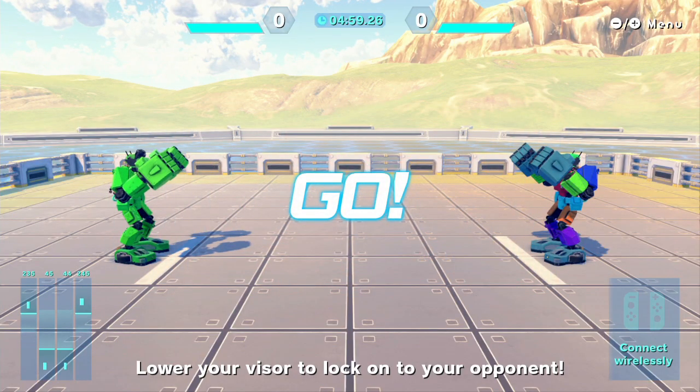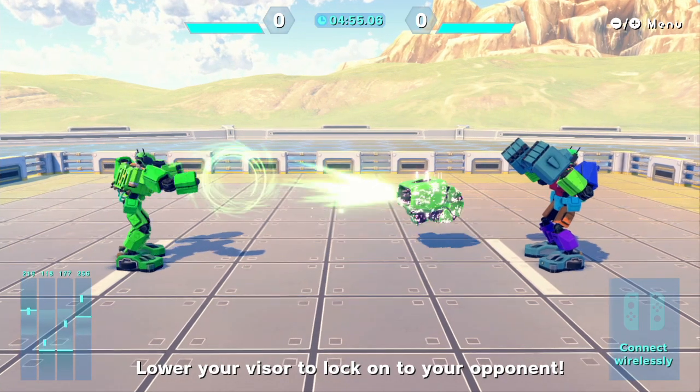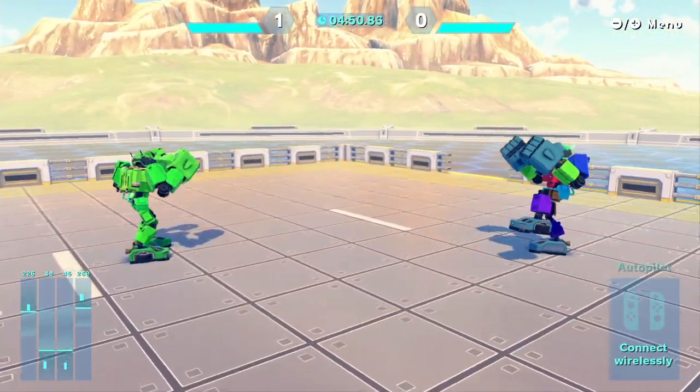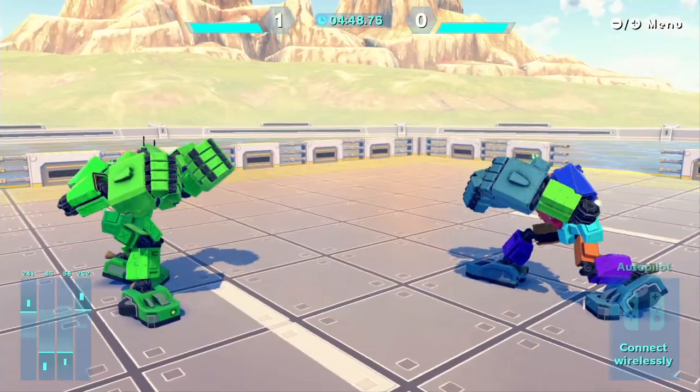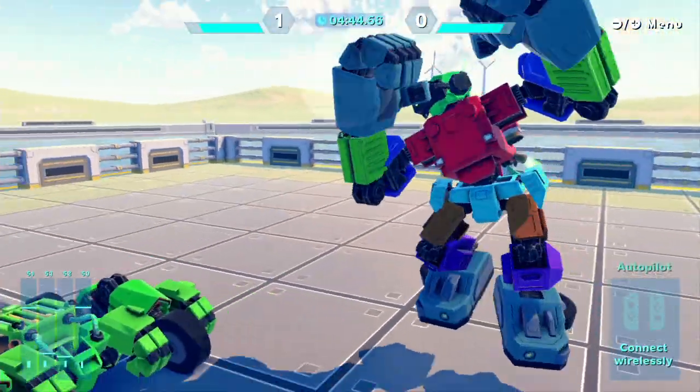Versus mode requires 2 robot kits. You can bash about a non-responsive robot, but that's not terribly fun. But if you press in the stick on the left Joy-Con, the second robot will be in Autopilot Mode and you can fight it. According to the Discover section, attacks from the back do triple damage and you can't use